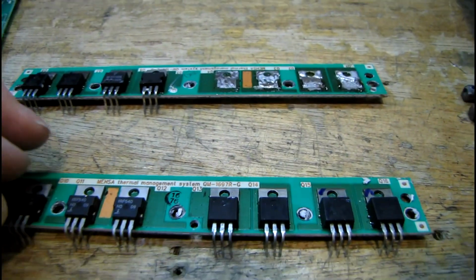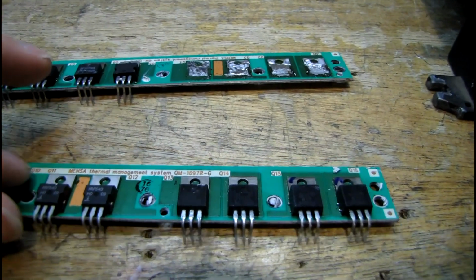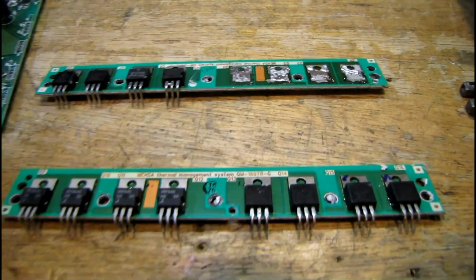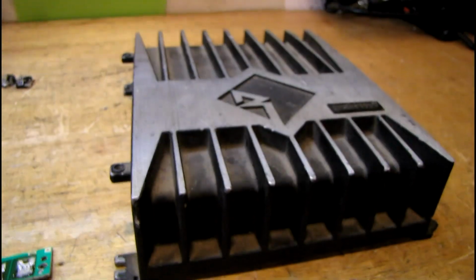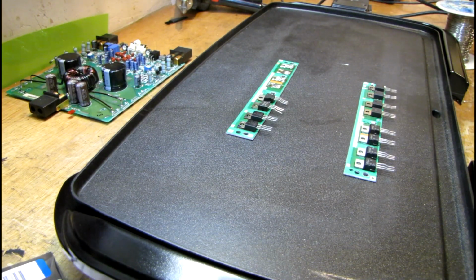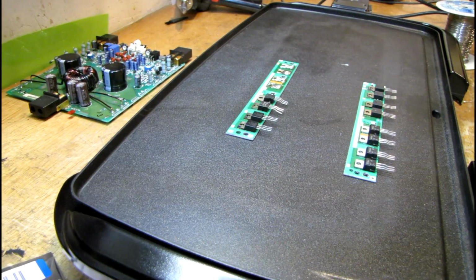It's going to be the first time I've experimented with that technique of solder reworking. And if it doesn't work, so what? I'm just doing this to see if I can fix it. Okay, I've got this hot plate at about 250 degrees Fahrenheit. What I'm going to do